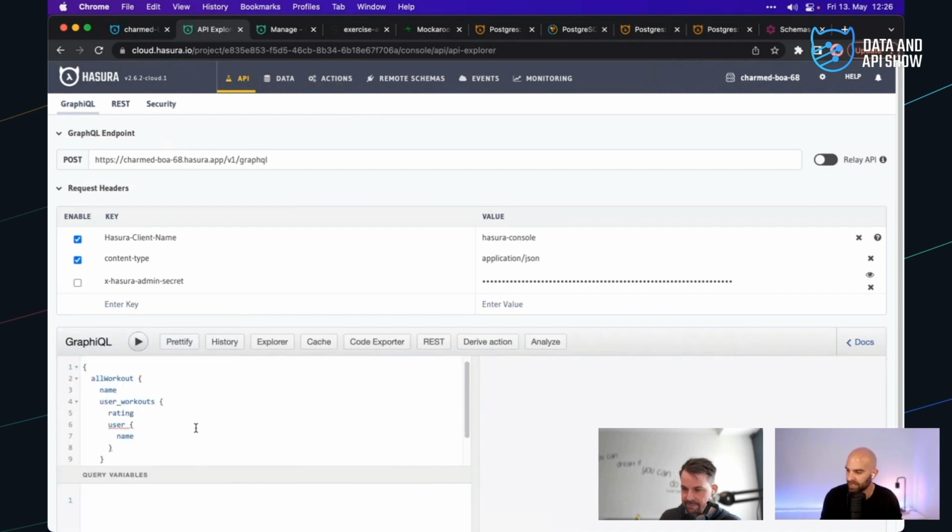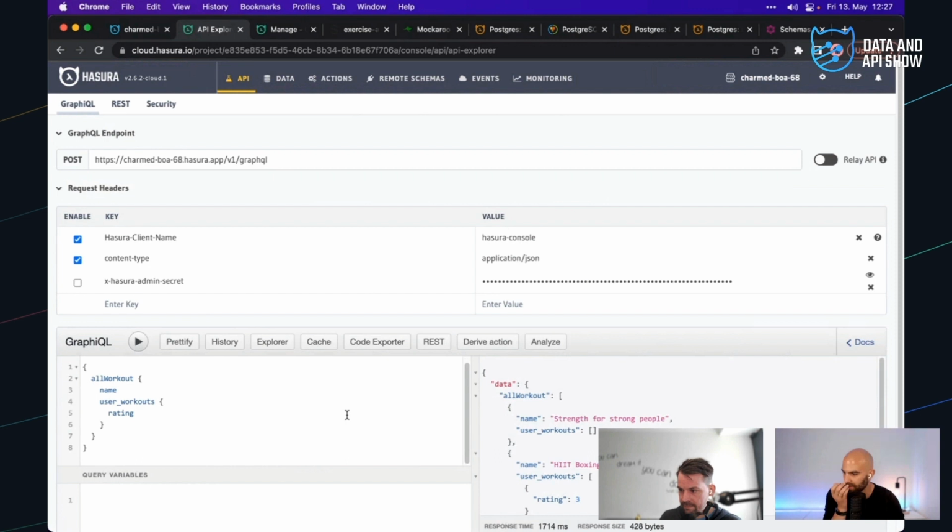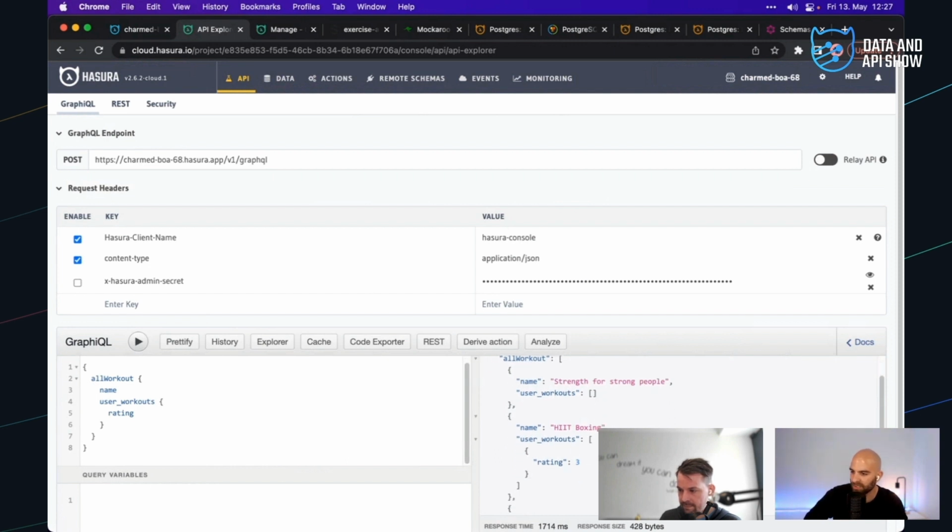no access to data here that we don't want. It's saying, hey, I don't have any idea what you're talking about here. And now, for example, if we wanted to look for exercises, well, we don't have exercises anymore on this API endpoint because we're totally unauthenticated. But I'm able to get this data where I can see the actual workouts. We could do things like rating aggregate.